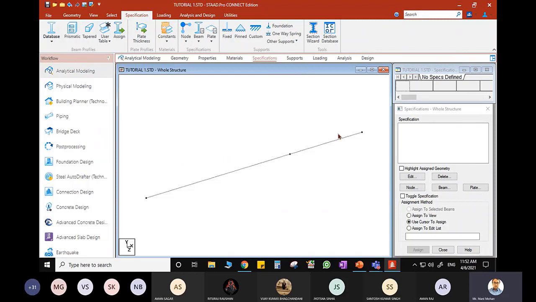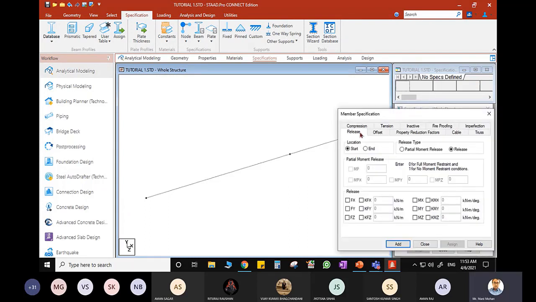What we are doing, we are trying to create an analytical model which should represent the physical model which is going to be actually present. If you want to exactly match the physical model, that can be done using this specification, and I'll be discussing the specification by means of one problem. Say if you have a truss structure. By truss structure, I mean the member will carry only axial load. So I can define that kind of specification.